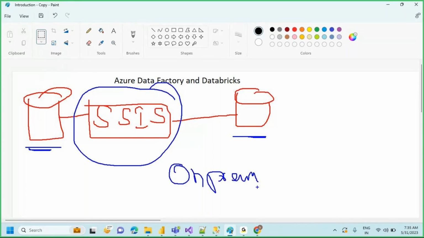On-prem means you have to take care of everything. You are responsible to install your SQL Server and to install this SSIS, upgrading, setting everything. Every single related infrastructure activity, you are responsible. So that is about on-premise. If it suddenly goes down, or in some days there is very huge demand for your product, at this point of time, if you want to increase this